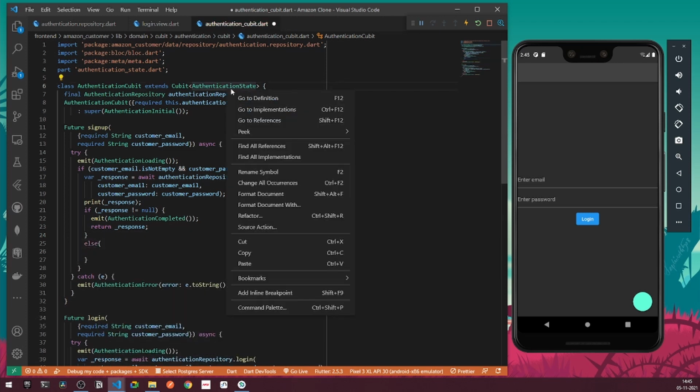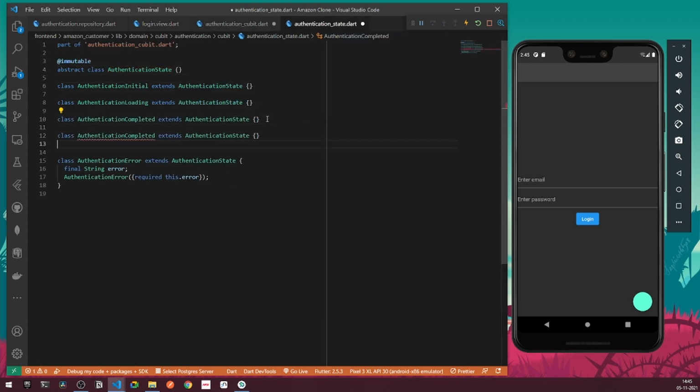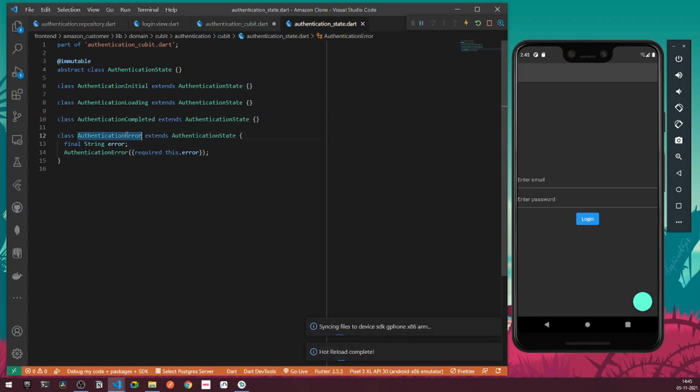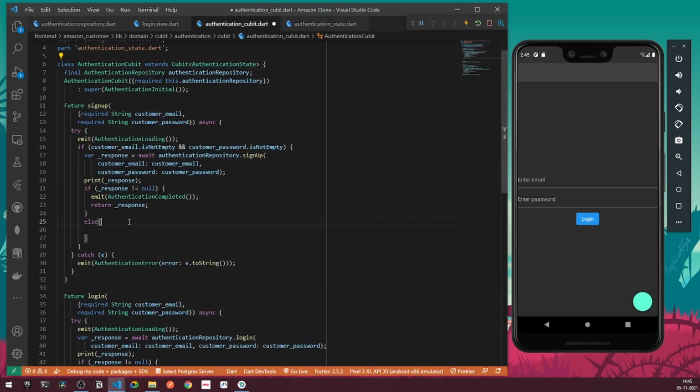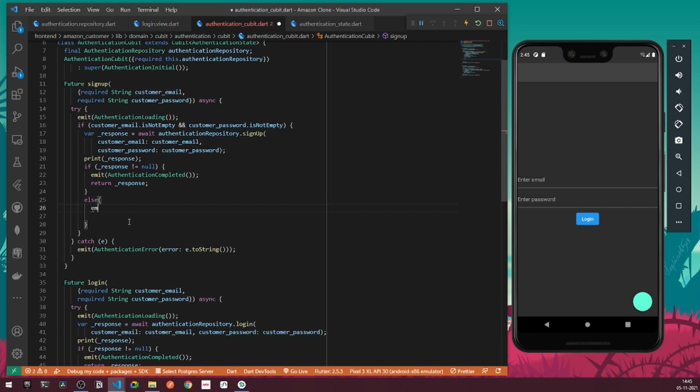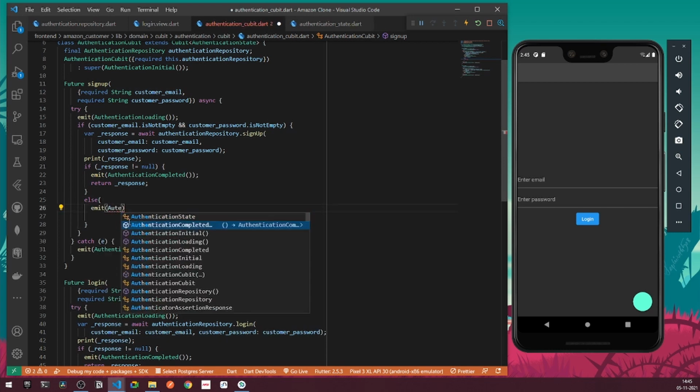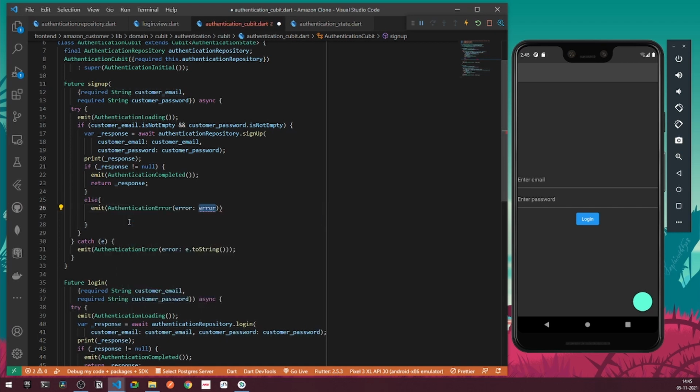So for that purpose, we can directly emit authentication error. The error will be nothing but simply fill the credentials. So this will be the following case.